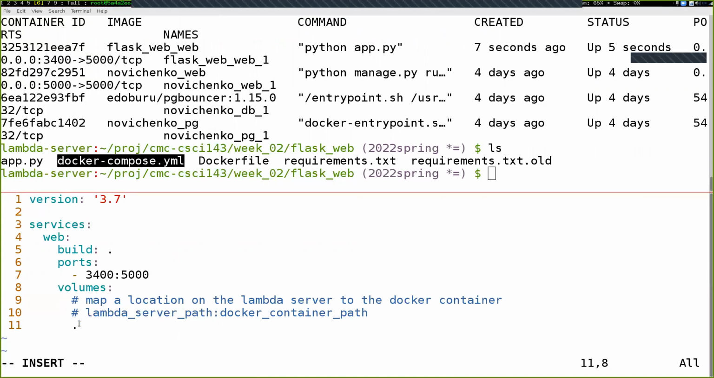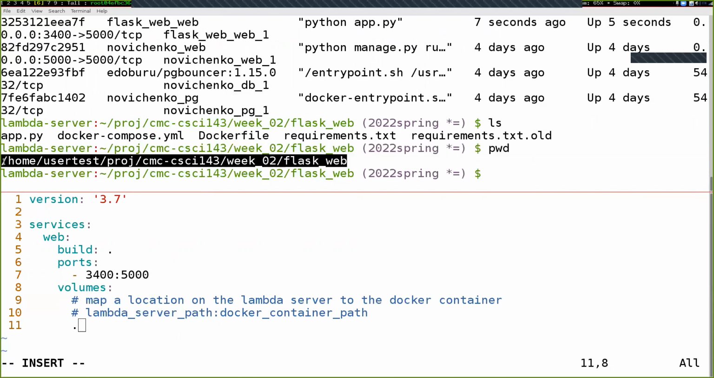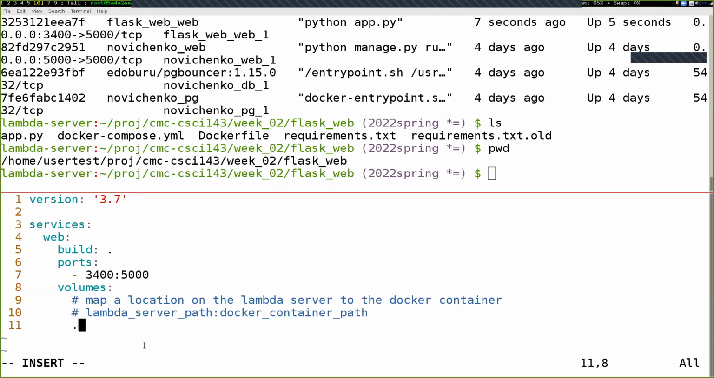I could specify the full path to this folder if I type pwd. I could copy and paste this entire thing right here. But that's a lot of work. And if I move this to a different location, upload it to GitHub, you download it, then you would have to change that. So I'm just going to do dot, and then a colon, and then a location on the